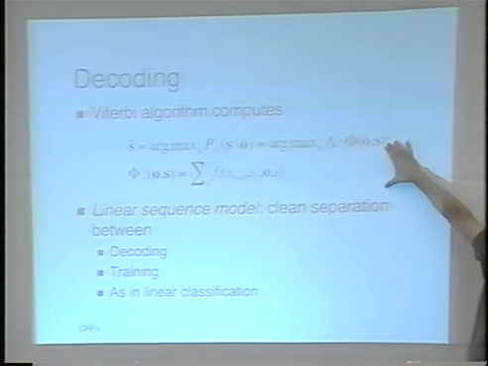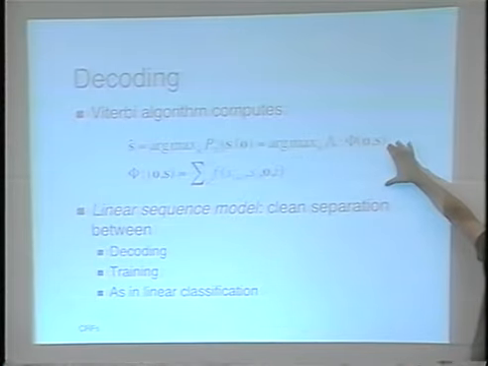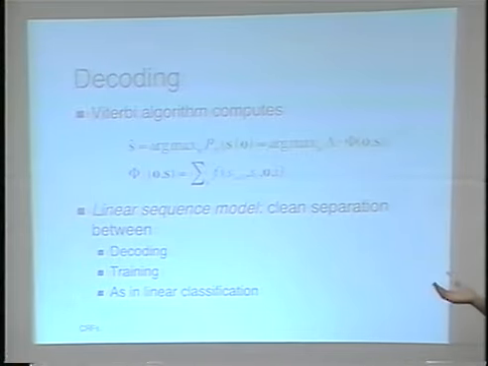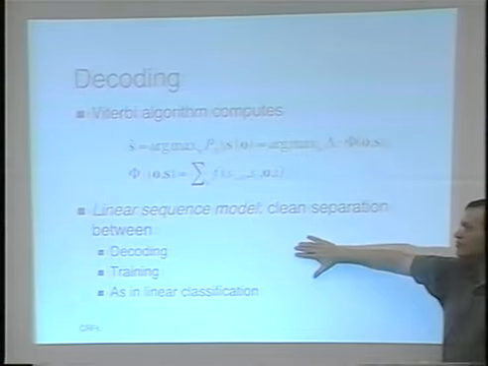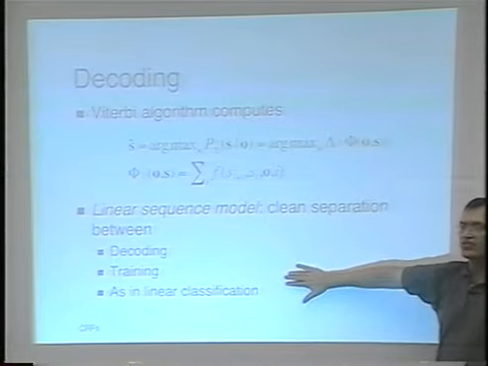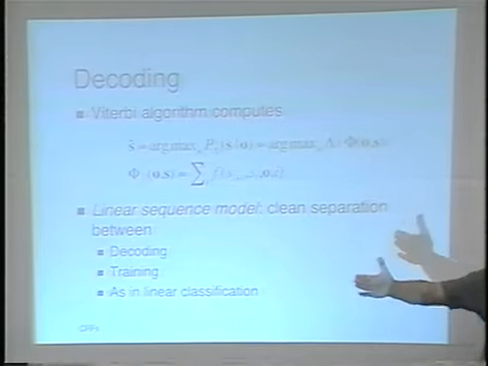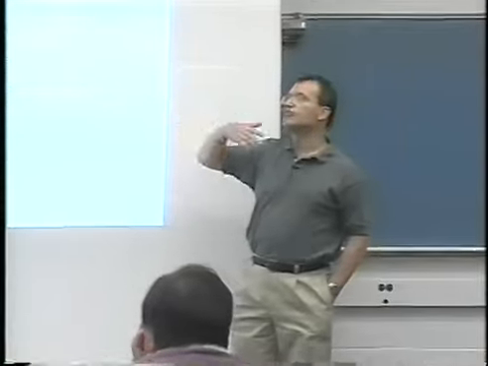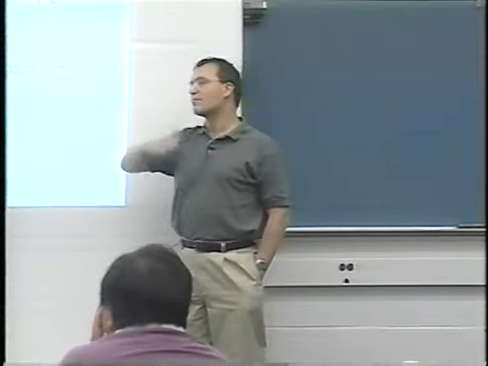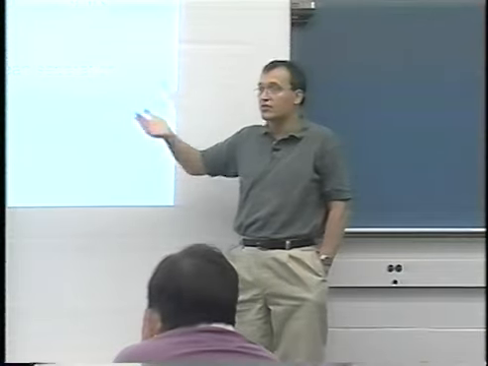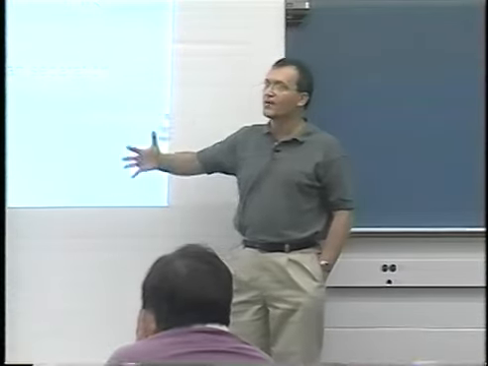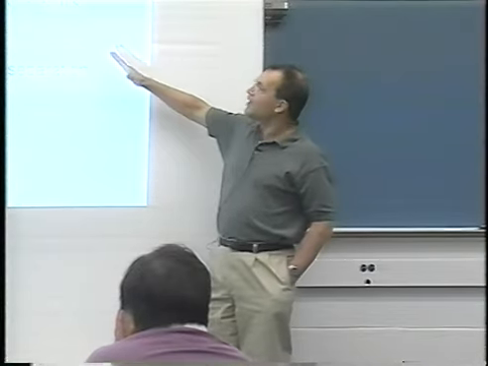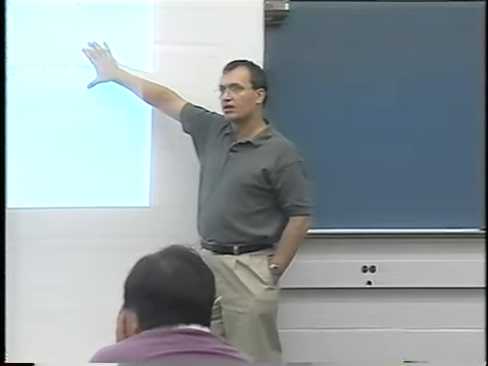So in fact, one way to think about what we're doing is that we're doing linear sequence models. There's this class of linear sequence models which people normally haven't talked about much, which all decode in the same way, and the only thing that varies is how you train them. And this is a nice picture because it's very much like classification. In classification, you have linear discriminant functions that you can train in many different ways. Whether you use perceptron or naive Bayes or support vector machines, all of them are the same type of discriminant trained in different ways. And the point to make is you can think about sequences exactly in the same way.